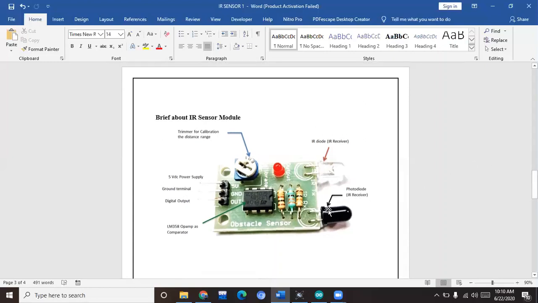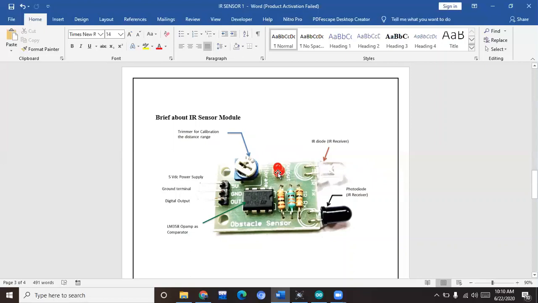This photodiode is connected in the circuit in reverse direction, because its current increases whenever light falls on it. It is a semiconductor. Here you can see the potentiometer, which can increase or decrease the range of the IR transmitter at which the IR radiation is being emitted.